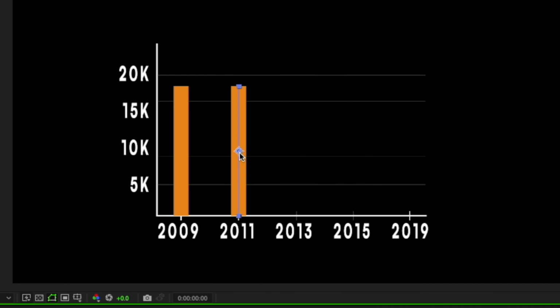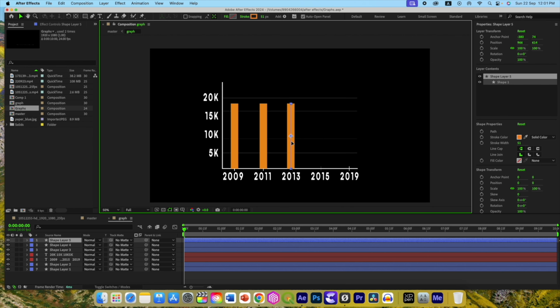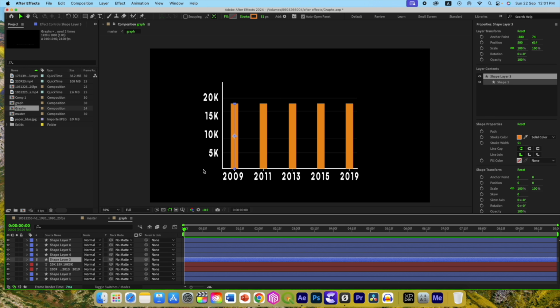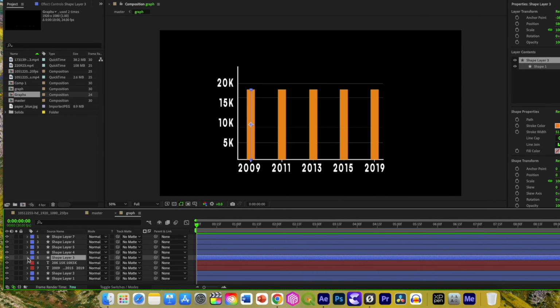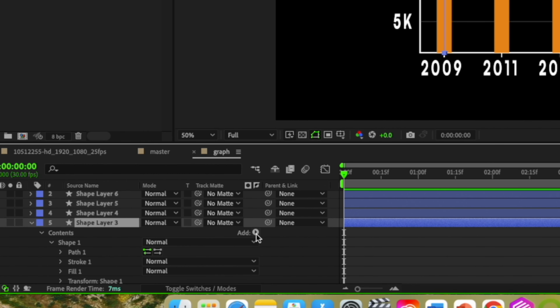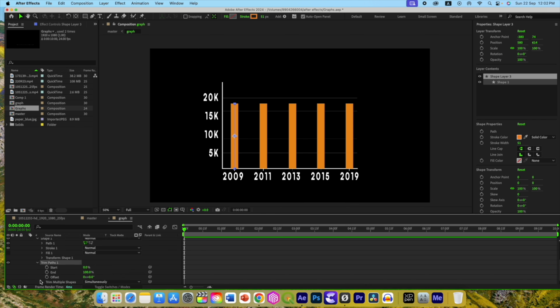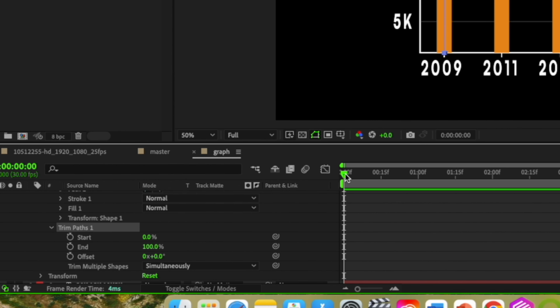We duplicate it and shift it over here. Alright, so let us first animate these bars, then we will add the text. So this is our first bar, so let us animate it. Click add Trim Path, select Trim Path, and move slightly a few frames ahead, select and add a keyframe to it, and enter a value